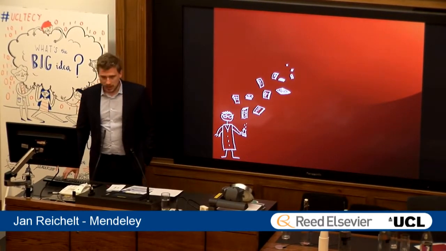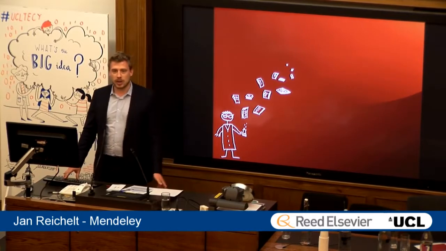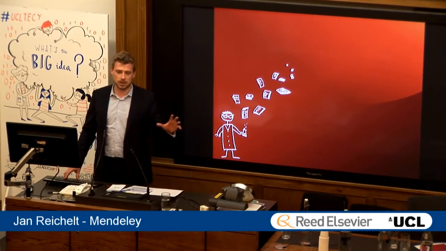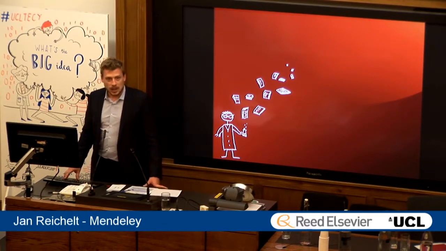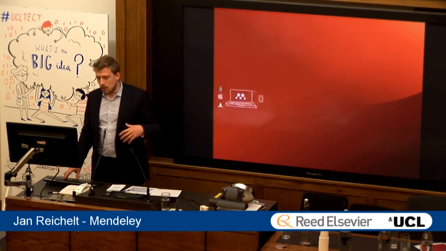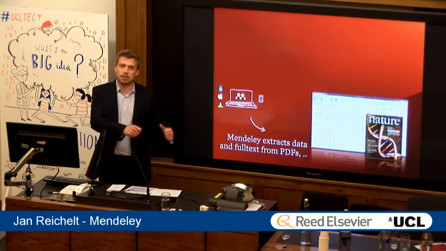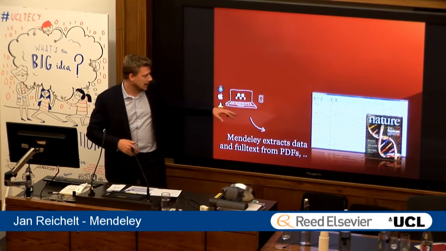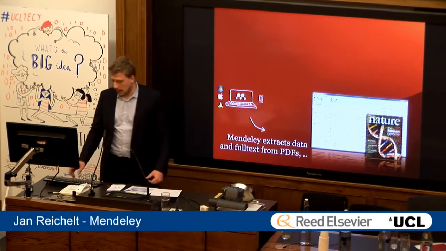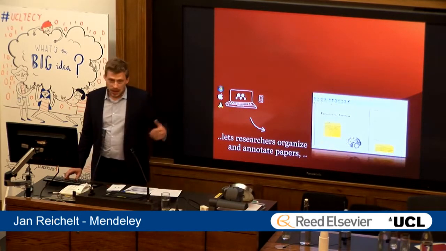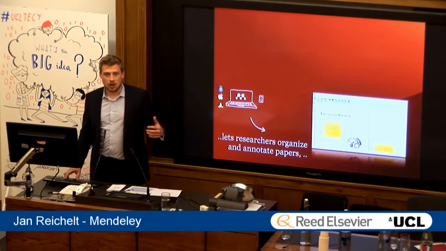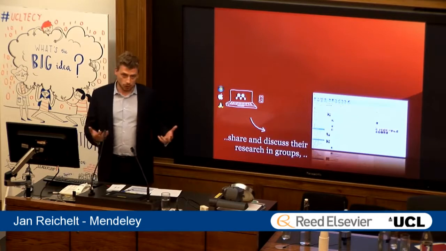So how it works, it's a tool that allows you to organize your PDF documents. So you can drag and drop the PDF documents that scientific publishers such as Elsevier publish, and Mendeley would then extract that information from those PDF documents via intelligent algorithms and create your little intelligent database of articles automatically. You can then, as a researcher, add annotations, make highlights, also share this in groups, so actually